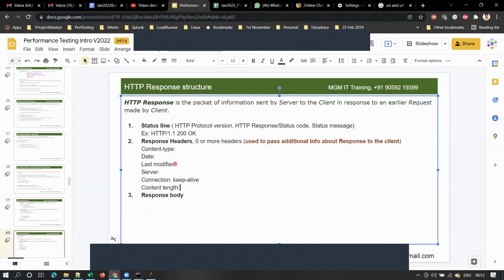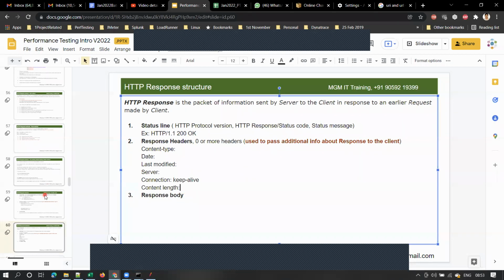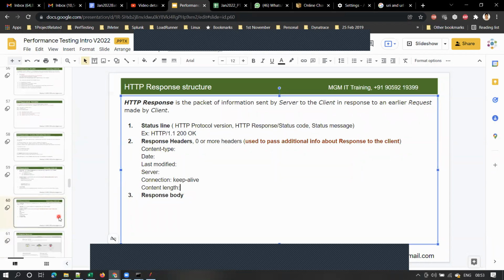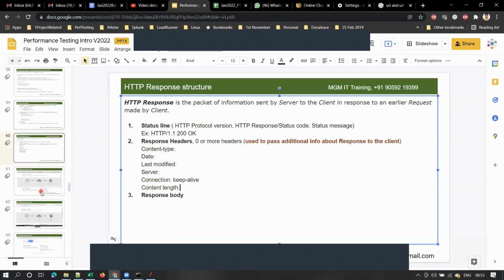Okay, these are the important response headers that you need to understand. Any queries here? Or can I go to the next concept? Okay, sir. It's clear, Kishore.